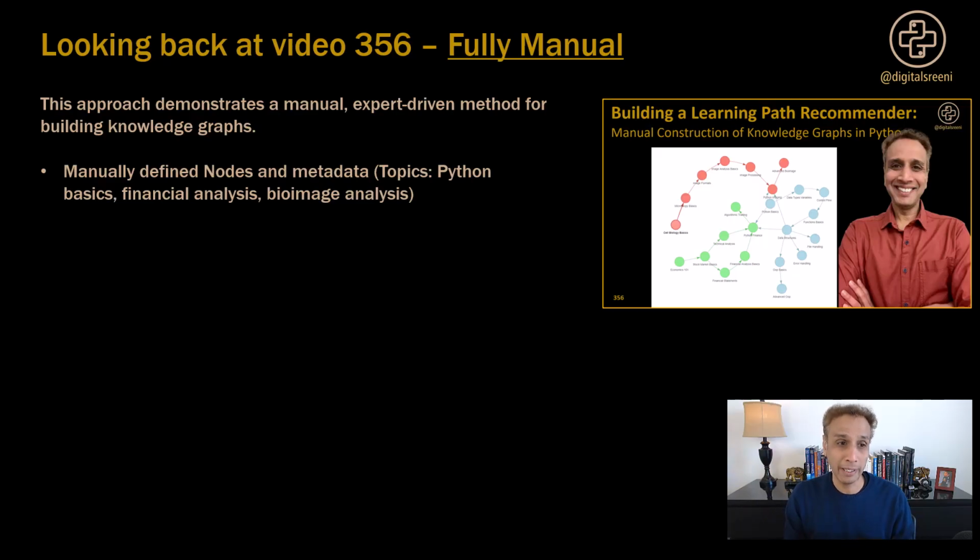We defined that manually. And then we said, okay, we have a few videos on the topic of financial analysis, a few videos on the topic of bioimage analysis, and we defined the metadata accordingly. Now, I keep saying videos, but this can apply to anything. Anytime you're defining a knowledge graph, if you can do everything manually, that is great. But if you have 400 videos like I do, with a lot of nuance, like some videos cover the basics but also relate to financial analysis,